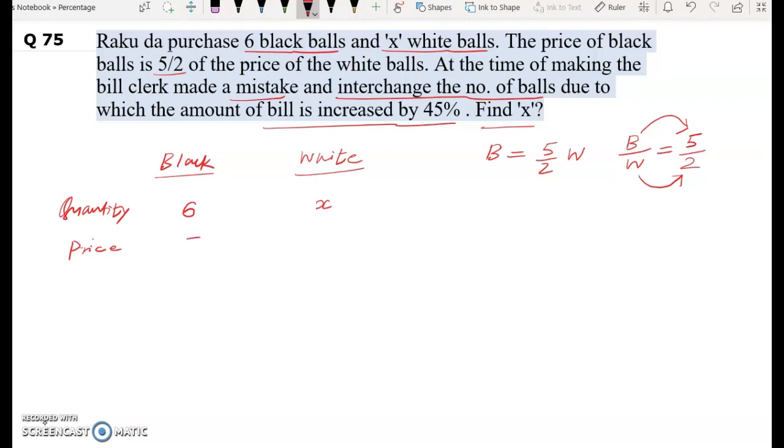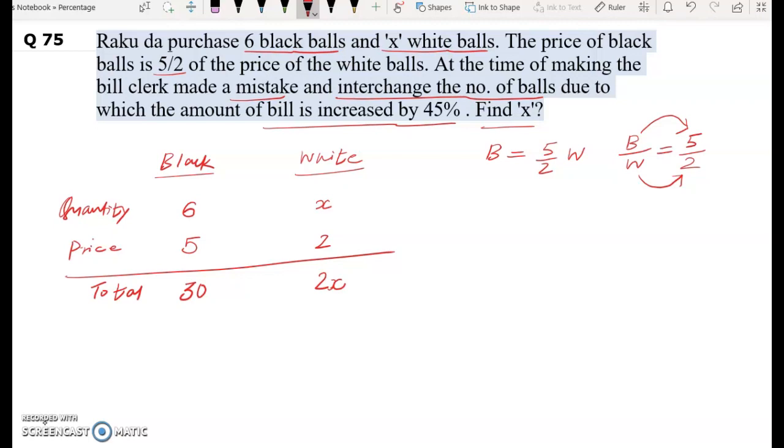Price for black ball is 5 and for white ball it's 2 units. Now the total will be how much? For black ball, quantity into price, 6 into 5 will be 30. For white ball, 2 into X. This will be 2X. Now the question says, at the time of making the bill, clerk made a mistake and